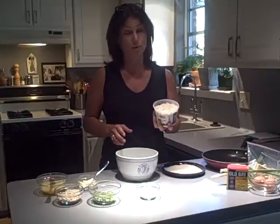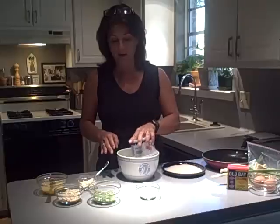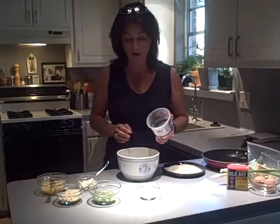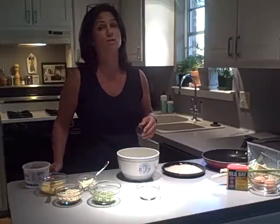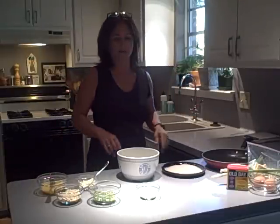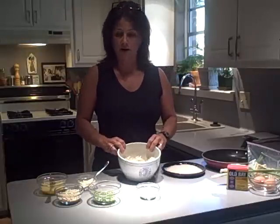This stuff is really good, and I've bought it at an expensive store, and I bought it at one of our big box stores, and the quality to me is the same. 1 pound of crab,